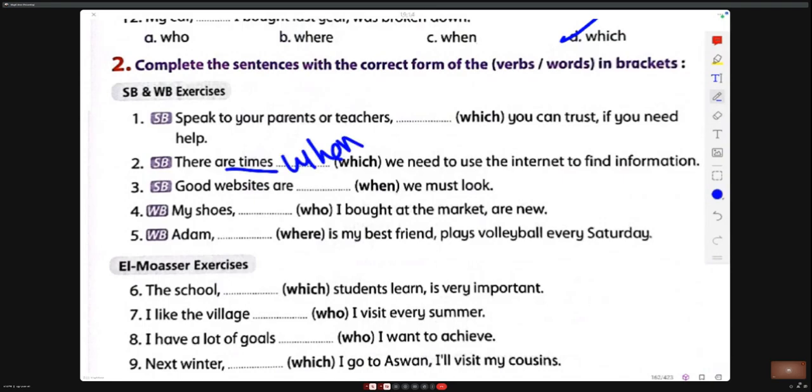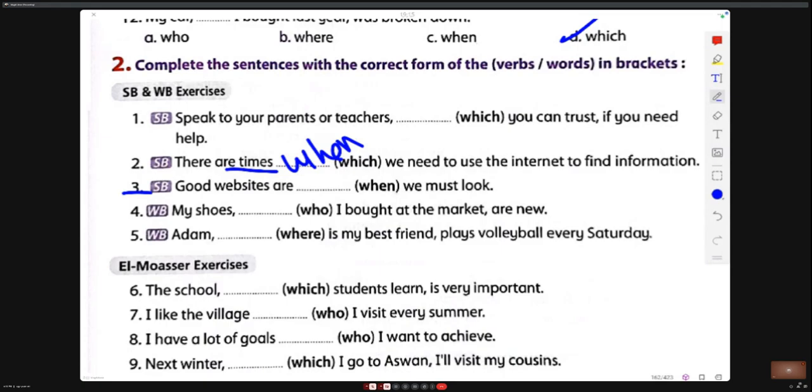Number 3. Good websites are dash we must look. Which. Good websites where we must look.